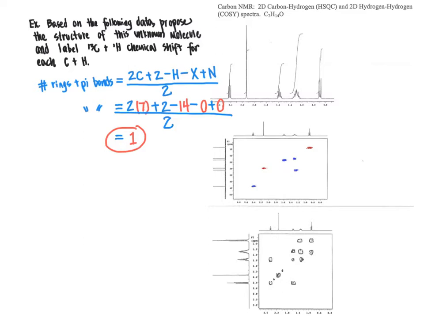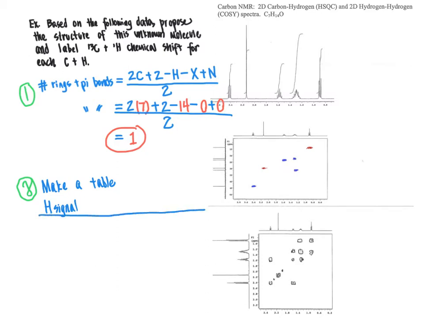Then, what I would recommend doing second, after you've determined the number of rings and pi bonds, is put together a chart that tells us which carbons are directly bonded to which protons and what the multiplicity of those proton signals are and the integral of those proton signals. So, second thing I would recommend doing is make a table that will help organize key information. In organizing this key information, there's a few ways to do this, but the way that I like to do it is I'm just going to put proton signal here